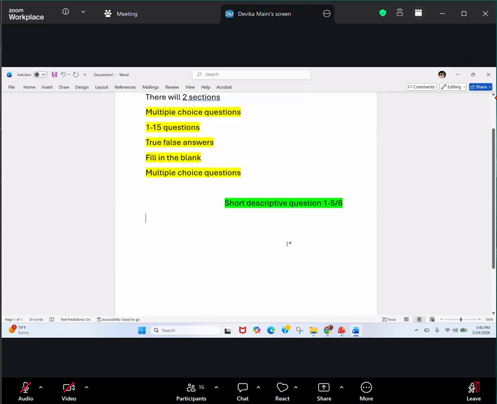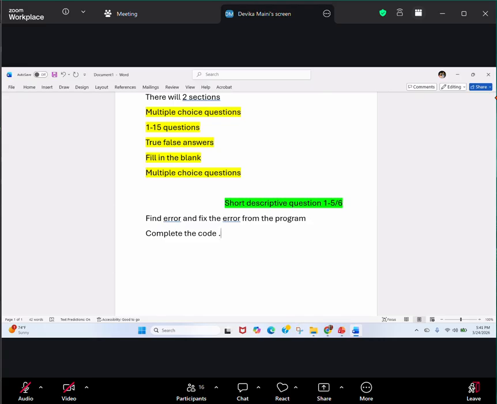Okay, so in short descriptive, I can ask you to find the error and fix the error from the program. Another type of question I can ask is to complete the code. So half of the logic will be provided, and you have to complete the code based on the